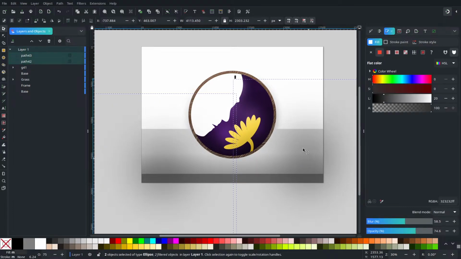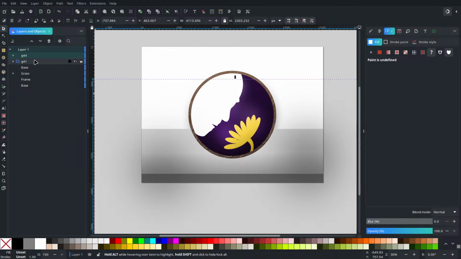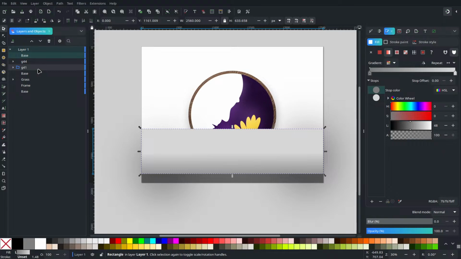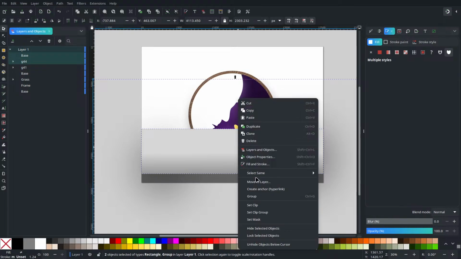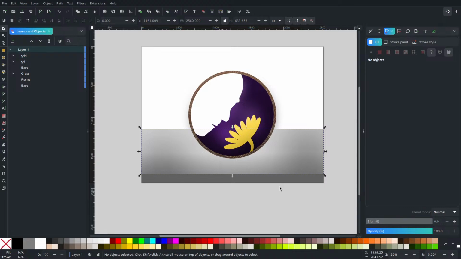And let's select these two, group them. Select the base that's on top, duplicate. Then select this group and set click. There you go. So that gives us a nice shadow effect on top of there. But we're not done yet because, of course, this object is sitting on the mantelpiece and that creates a shadow